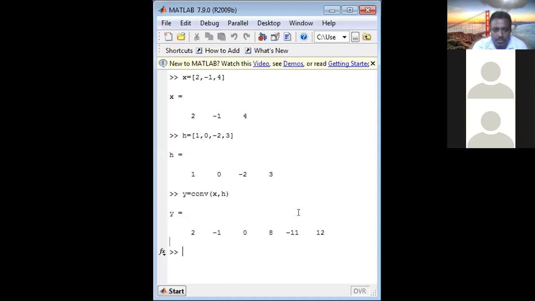4 plus -4 is 0. 2 plus 6 is 8. -3 minus 8 is -11 here. And finally, we have 12. The same answer using the simple formula. You write only what? y is equal to conv(x, h). It will give you the output. What does conv mean? Convolution. We'll see